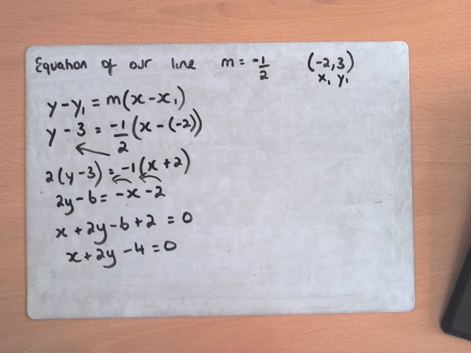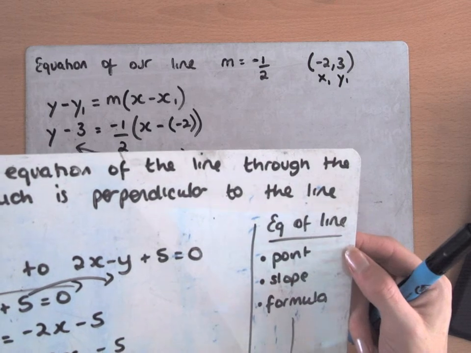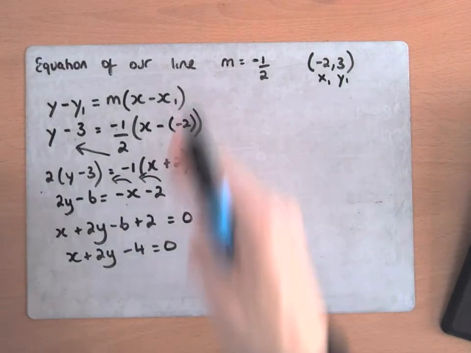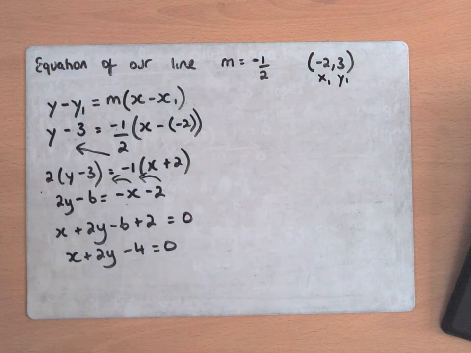They like this type of question because it asks so much. It really tests your knowledge. Like, the first thing you needed to know was perpendicular slopes is turn upside down, change sign. Then you needed to know how to get the equation of a line, which is point slope formula. Okay? Then you need to be able to actually do it. So there's loads in this. Okay? So we do a little bit of practice